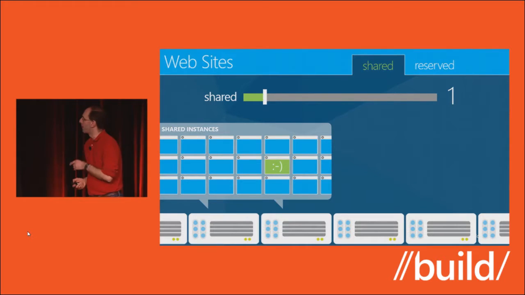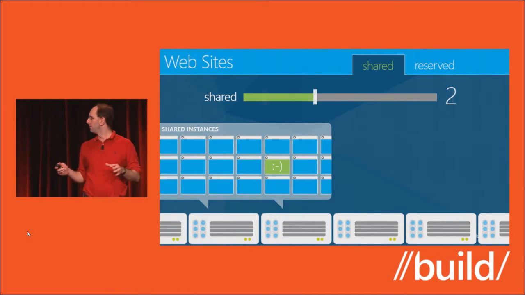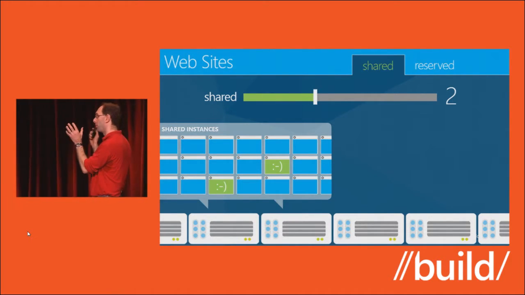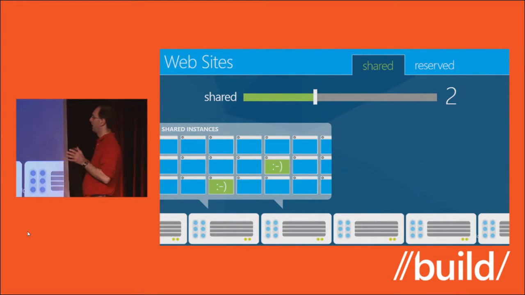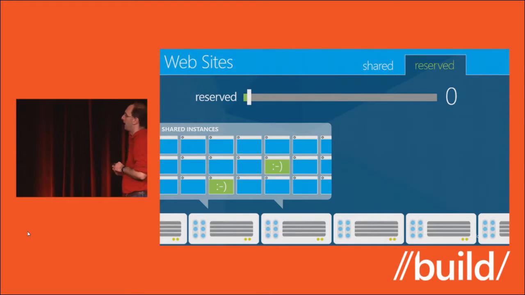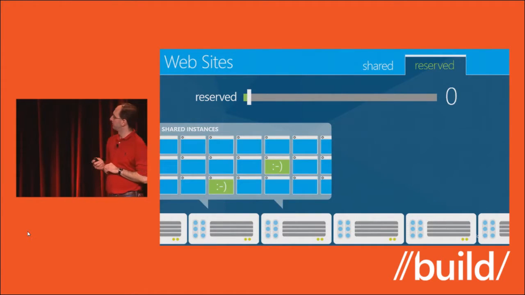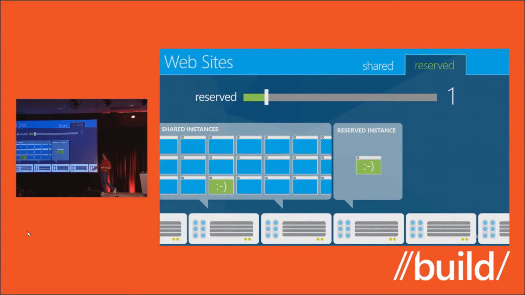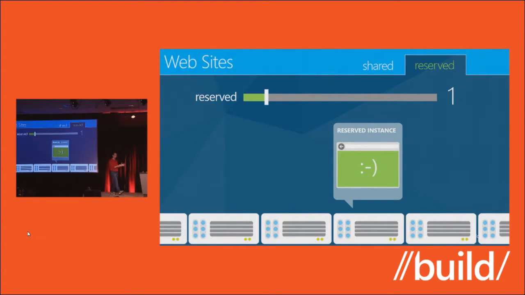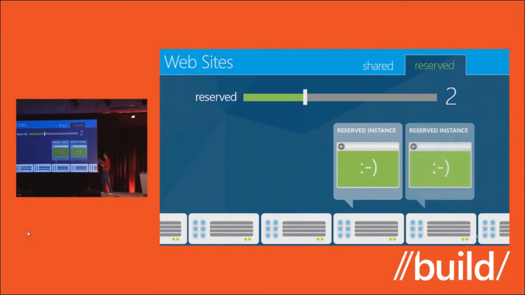A couple of cool things about websites. I mentioned the shared instance model. In this free model or the shared model, you're one of multiple tenants on the machine. We do isolate you from other tenants, but again, this is the free model. The nice thing on the reserved model, I'll show the animation there: when I did that reserved scale up, we gave you a machine by yourself, migrated all your traffic to it, and here you're the only person on that machine. You can then run multiple instances of them like I did, and the scale up only takes about 10, 15 seconds.